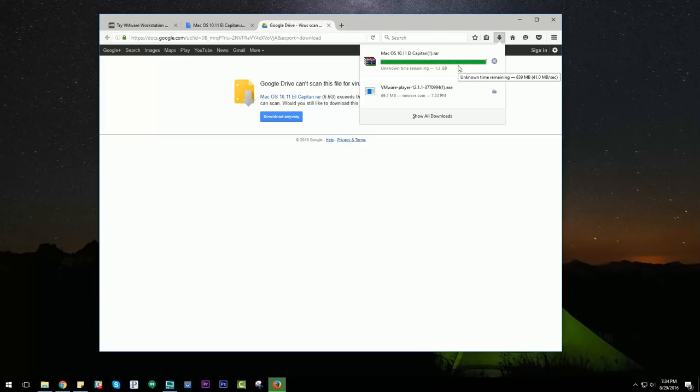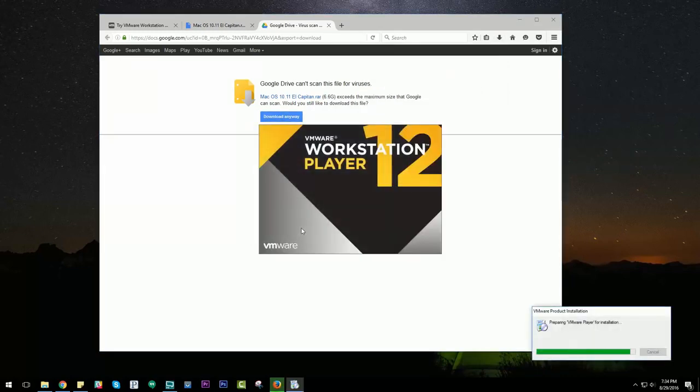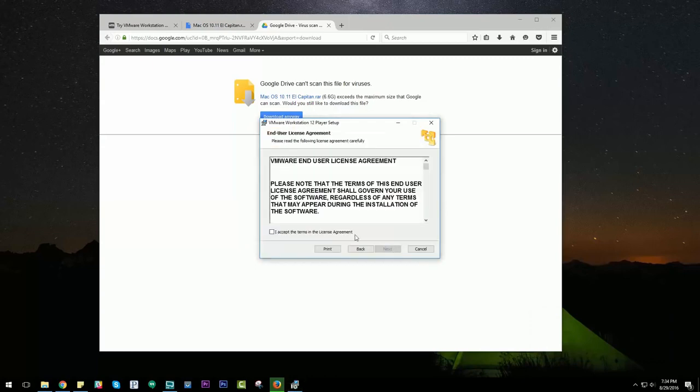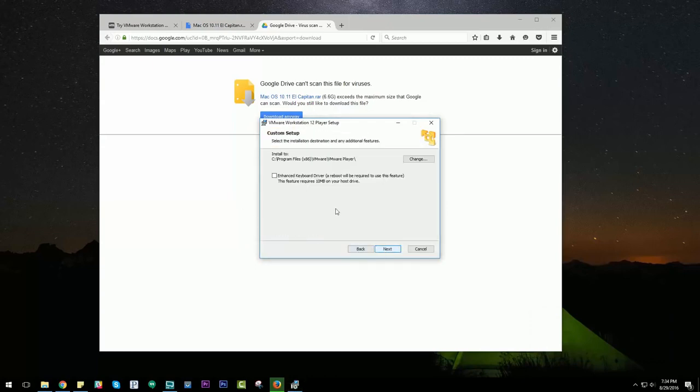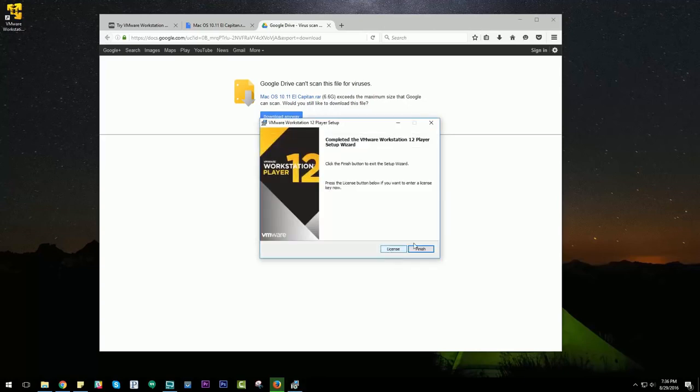But let that download, and while that's downloading, go ahead and run the VMware Player. You're going to click yes, and click next, accept. You do want to install the enhanced keyboard driver. And I turn off help improve, just leave the updates checked, and depending if you want a desktop icon or a start menu icon, click next and then install. Okay, and once this finishes, click finish,